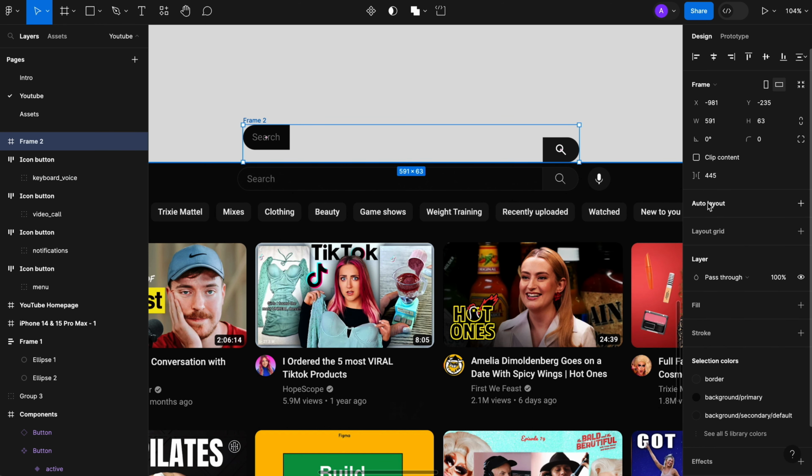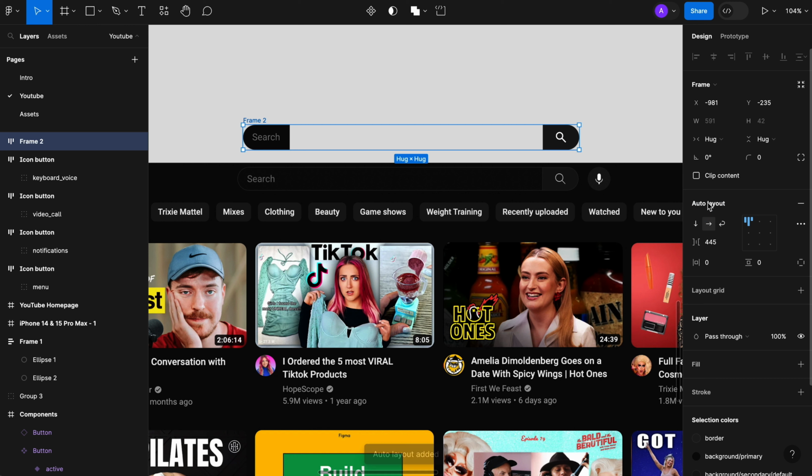We need to again apply auto layout so that we are able to influence how the elements behave within the frame. The frame should have fixed width of 600 pixels. This is how wide the whole search element is. And we need to apply a slightly different type of auto layout. So instead of defining how much space is between the elements, we need to distribute those elements from one corner to the other. So we click on auto, and now you can see that the element on the right is far on the right, and the element on the left is far on the left,